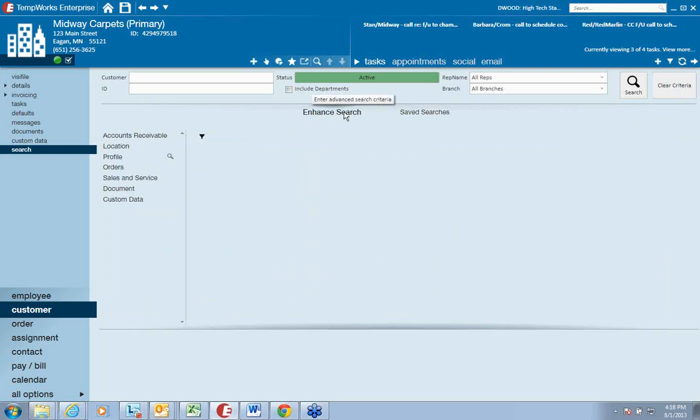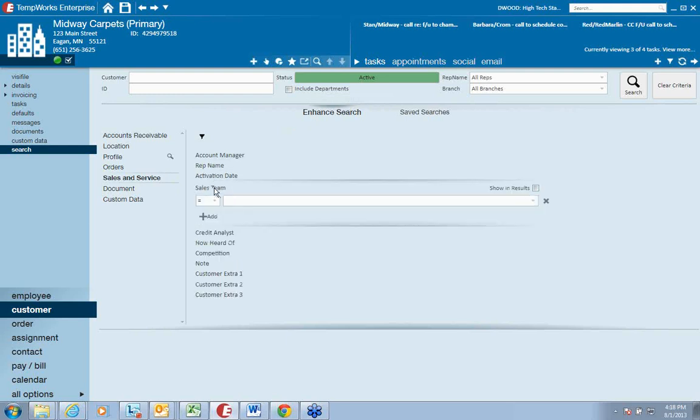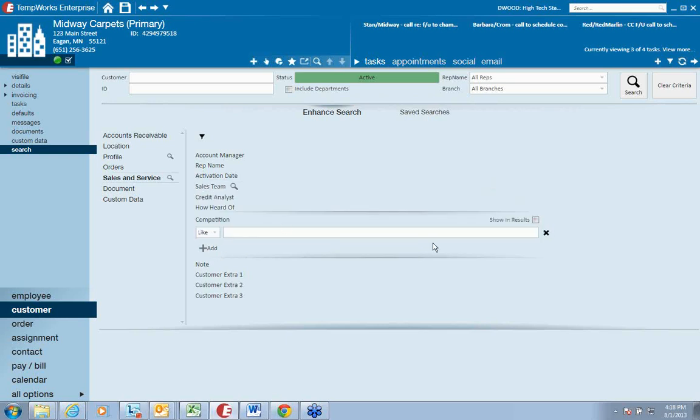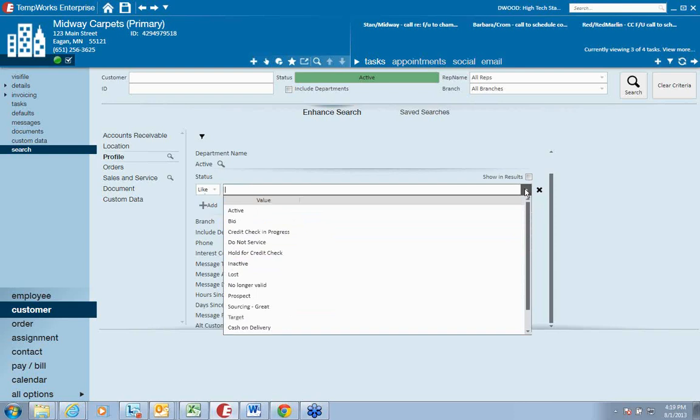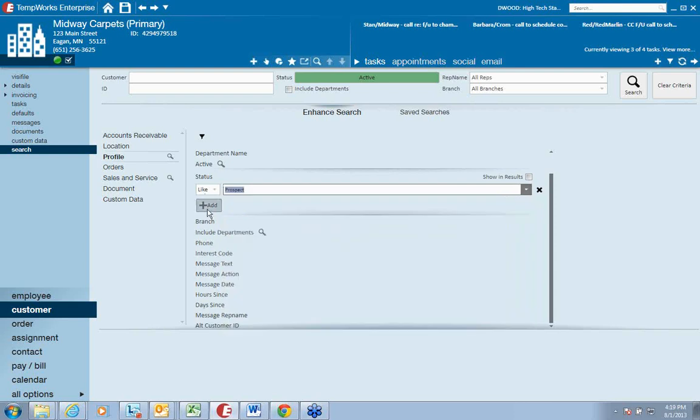First of all, we need to find our prospects and target accounts. So under Sales and Service is who is the account manager, who is the sales team. Depending on which one you decide to use, you'll search based on that. I want to see, when I get my prospects back, who is my competition out there? I can say, show me my competition. We can also say in the profile area, what is their status? And this is where I can pick prospect,